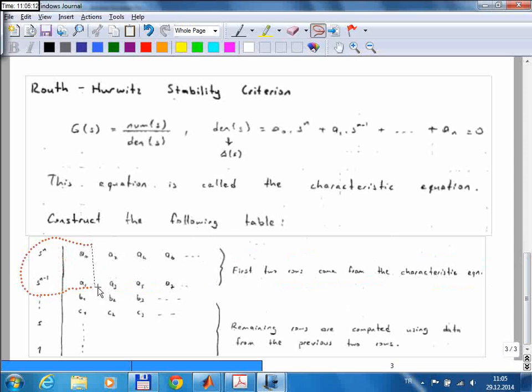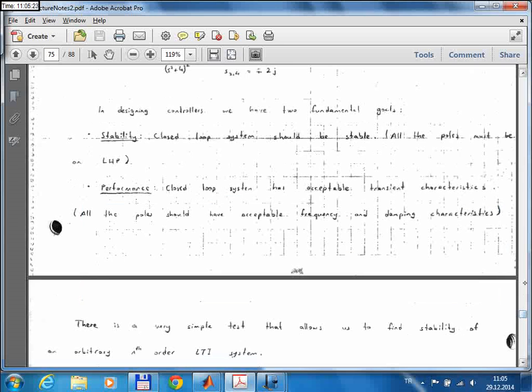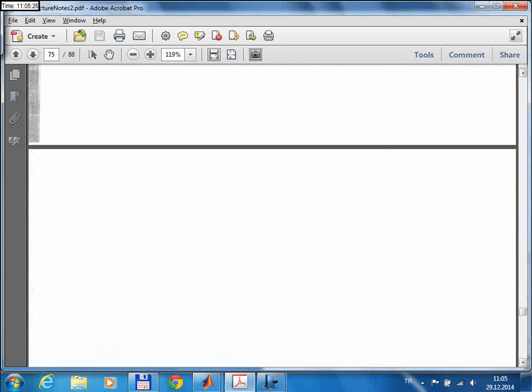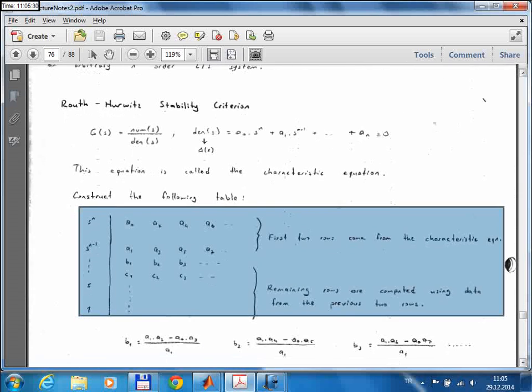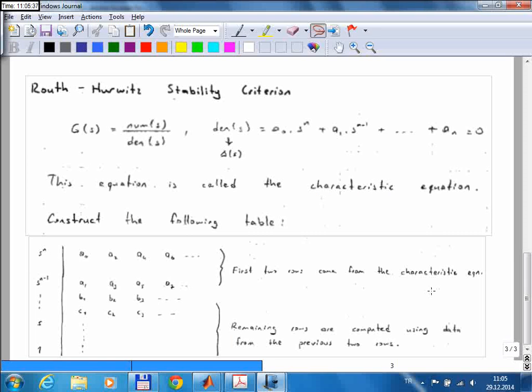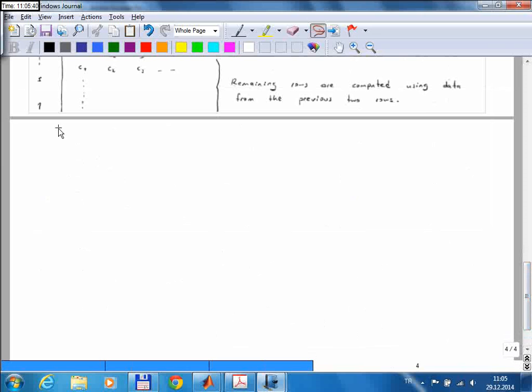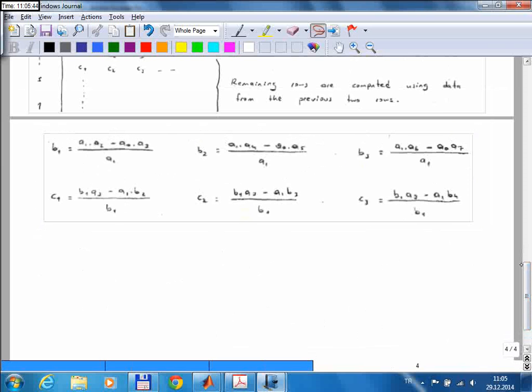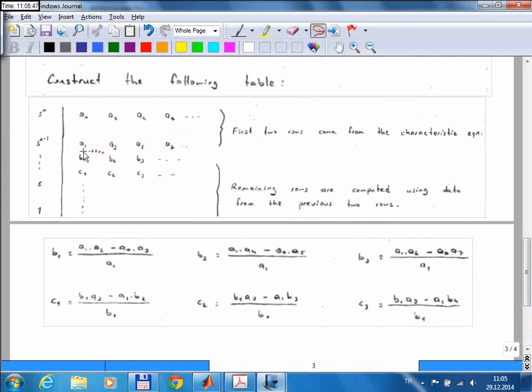Now we're finished writing the first two rows. We switch to the third row. For the element here, we use a formula given here. As you can see, the elements of this third row are called B, and all these B coefficients are obtained using the numbers from the previous two rows. So B1 is equal to A1 times A2